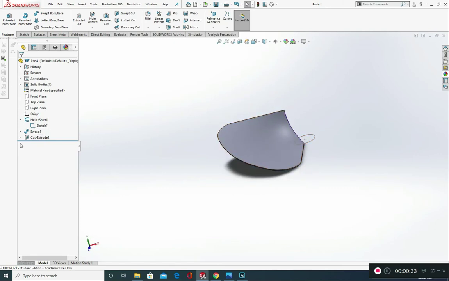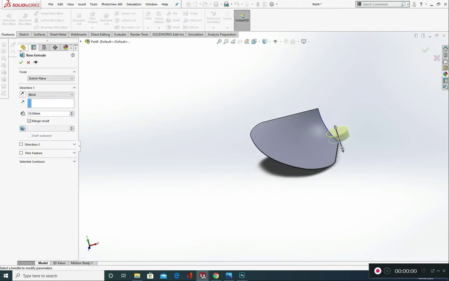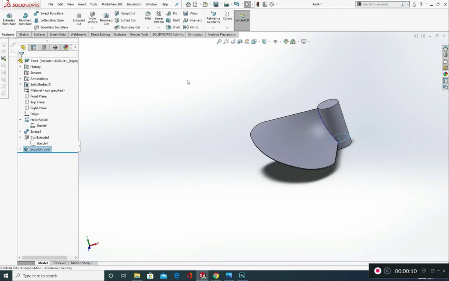Okay, we're going to go back to our sketch of our circle. So this one here, the helix, and we're going to say features extrude boss base, and we're going to put into direction 1, we're going to put 53, and in direction 2 we're going to put in 10 millimeters. Okay, and green tick. Okay, from here we can hide our sketch of our circle, so let's just choose hide on that,